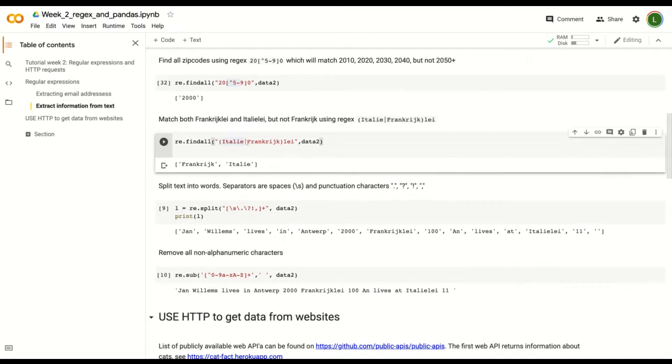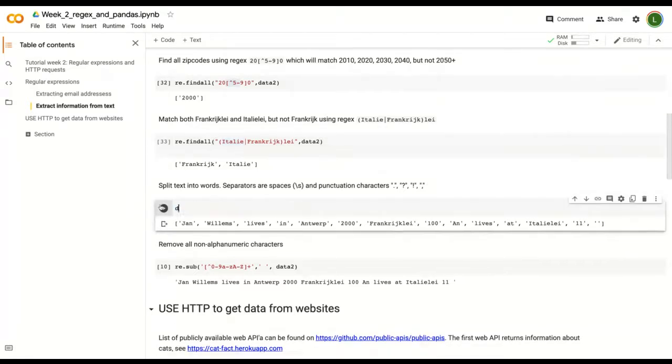Pretty obvious. So you have the one group here, so it has to end with the string "lei", but the first part can be Italië or Frankrijk. And then we have splits. So if you have the original data here,